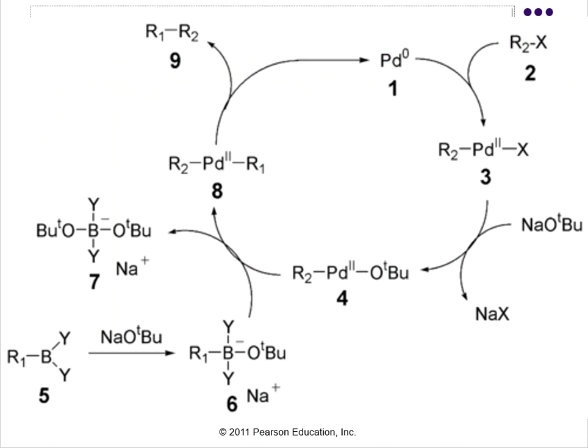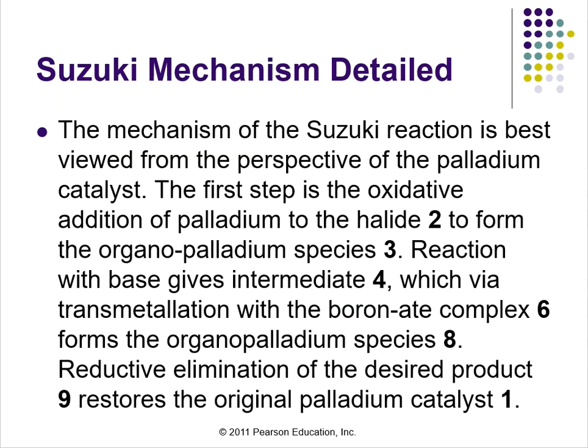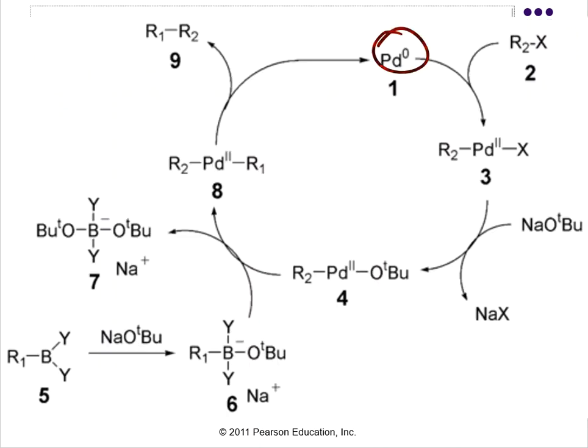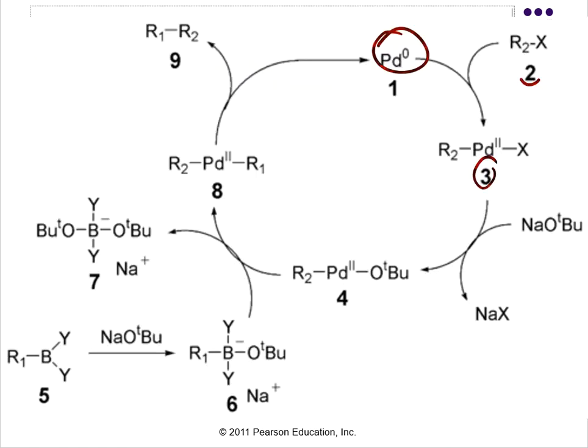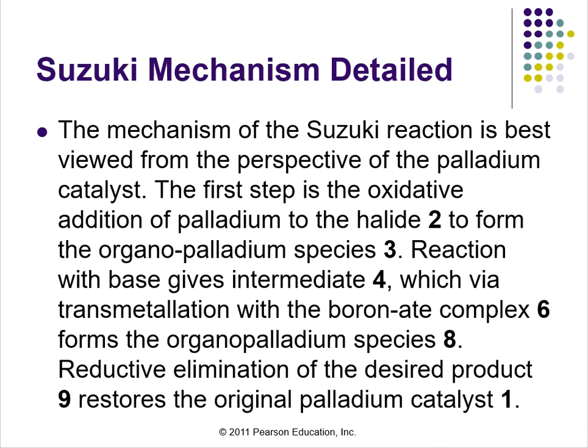Okay, so that's here. Not a big deal. The first step is the oxidative addition of palladium to the halide 2 to form the organopalladium species 3. Again, fancy terms, fancy words. What does that mean? It reacts with the halogen from 2 to give me the middleman palladium 3. Reaction with bases gives intermediate 4. Okay, so a substitution reaction happens where the halogen gets substituted for the big bulky base that we bring into the picture,